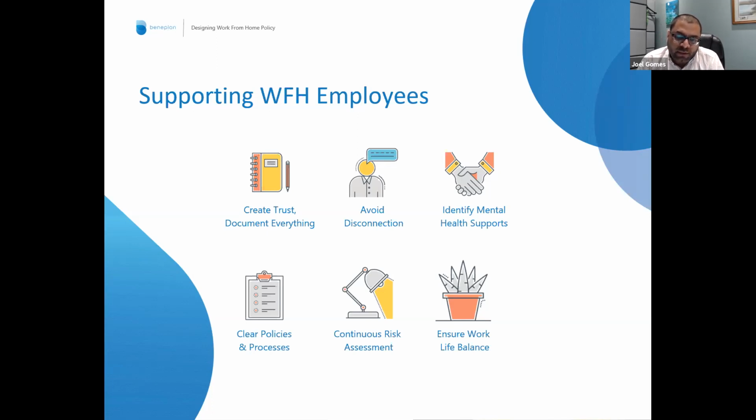It's not just about outlining the policies, but what will happen if things don't work the way we expect them to work. And that brings us to the next little pictogram there, which is continuous risk assessment. So rolling out the policy doesn't mean, yeah, we rolled it out, it's successful, and we'll hope that nothing goes wrong. It means assessing it on a periodic basis, just to make sure that things are working the way they're supposed to, doing a bit of technological risk assessment, security risk assessment, data management risk assessment,